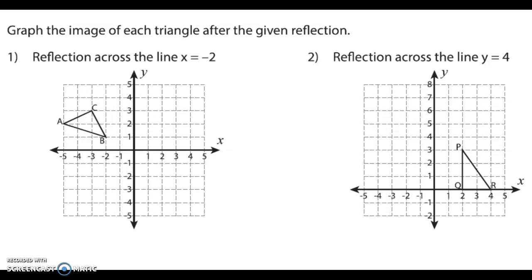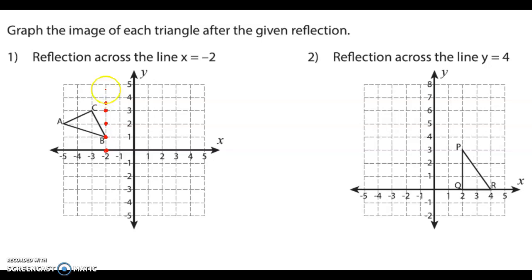So here we go. For number 1, it says to create a reflection across the line x equals -2. So let's look at where x equals -2. Well, here's where x is -2. Now, let's look at all the points where x can be -2. X is -2 when y is 1. Here's x -2, y 2, x -2, y 3. How about x,